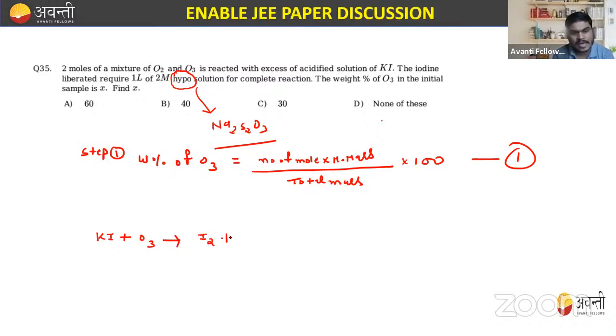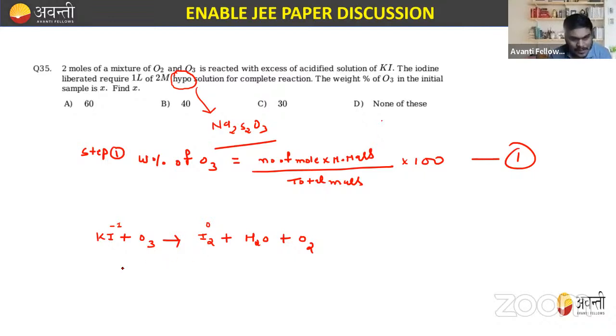तो ये बनाएगा I2 plus H2O and plus O2, right? KI plus O3 gives us I2 plus H2O plus O2. Now अगर मैं मान के चलूं कि यहाँ पे वैलेंसी फैक्टर मेरा कितना है। तो ये देखो यहाँ पे ऑक्सीडेशन स्टेट क्या आएगा, माइनस 1 है। और यहाँ पे ये जीरो आ गया है। कितने का चेंज हुआ है बेटा, -1 से 0, that is 1 का चेंज हुआ है।